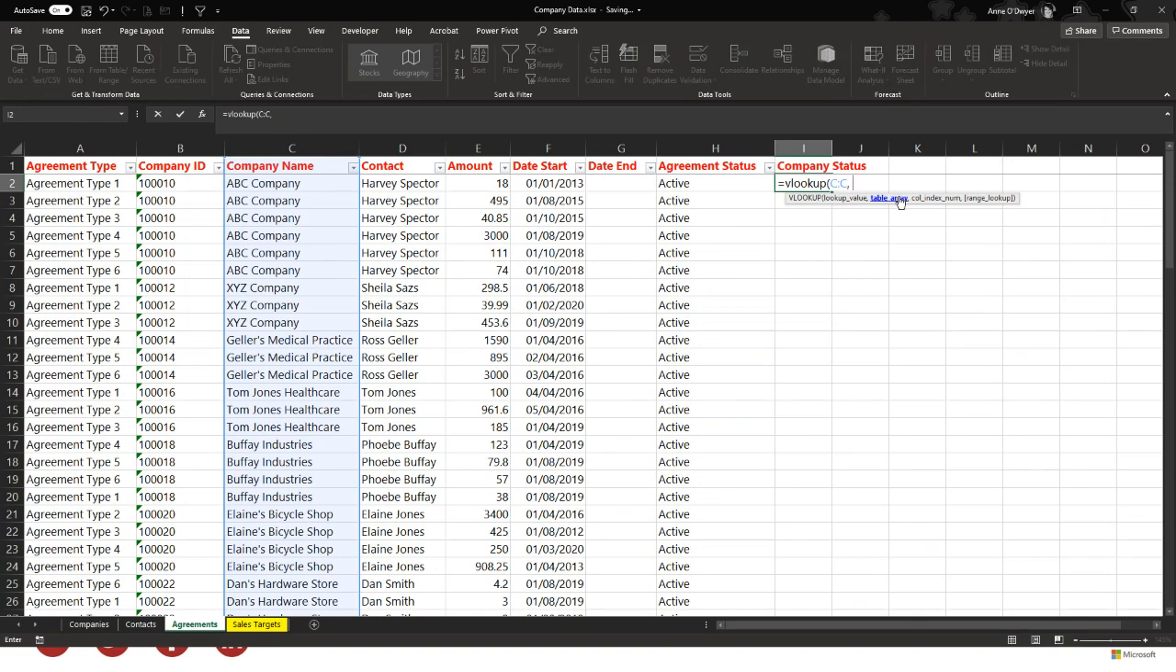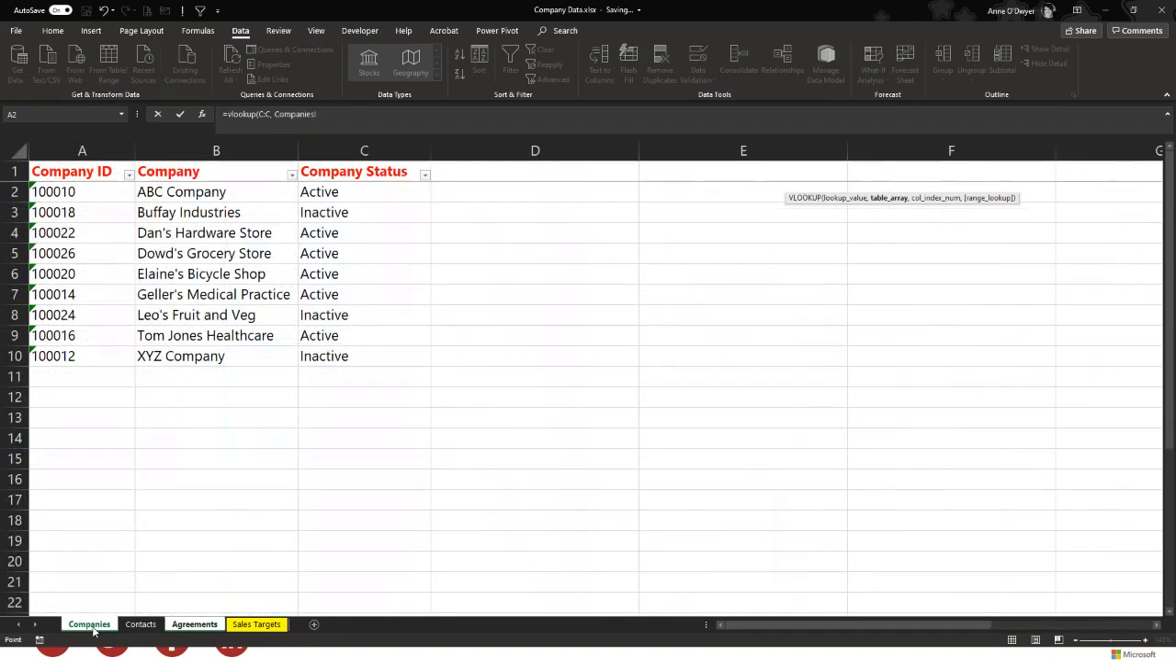This is where Excel needs to look for the company name. So I'm going to go over to companies, select the company names and the company status. Press my comma again. Now I need to tell it the column index number. So I'm going to start counting from the company name, so from the lookup value, and count my columns over. My company status is in column number 2, because your lookup value is always column number 1. So I'm going to just type in column 2,